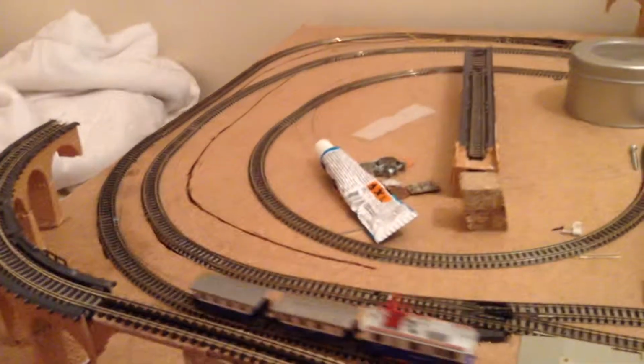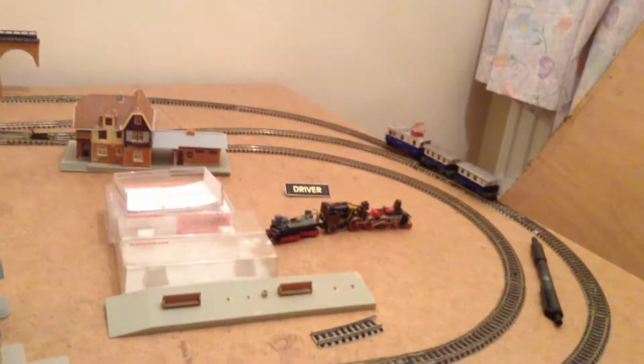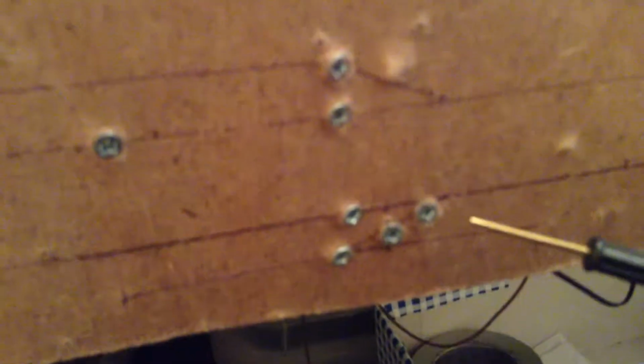So let's change the points, and I noticed I hadn't actually captured this, or I haven't yet. So this is still my prototype points board. So I've obviously got points to put on this. Let's make the turnout. How it works. Let's stop the train just for a second. Let's put it in there. Stop him. So these are the points here, and I want to adjust this one here so it turns off the main line onto the incline, and that one here is this point here. You'll hear it click,